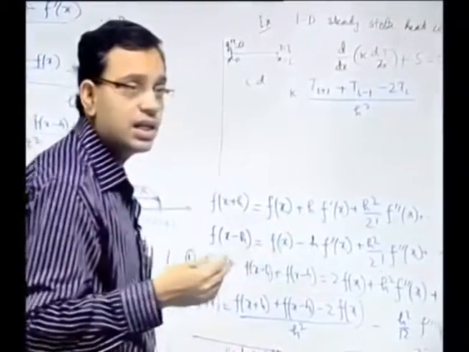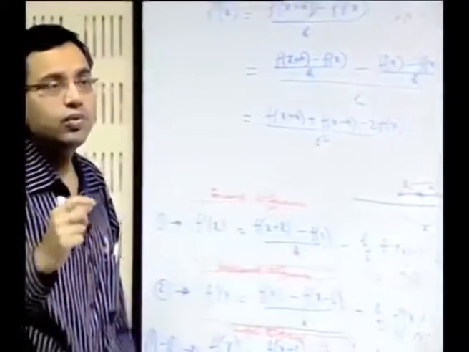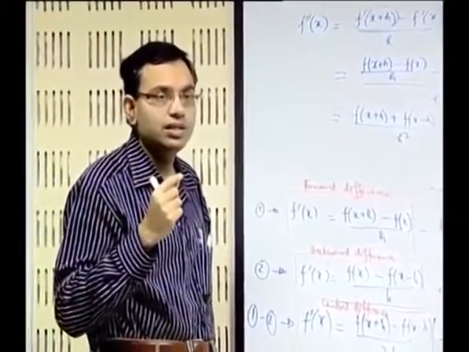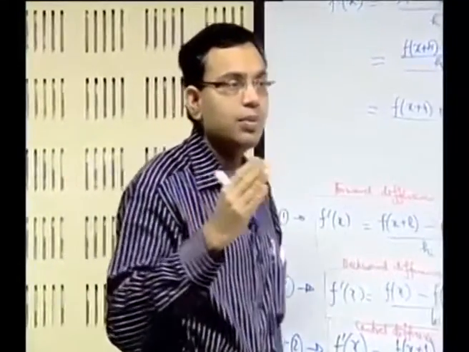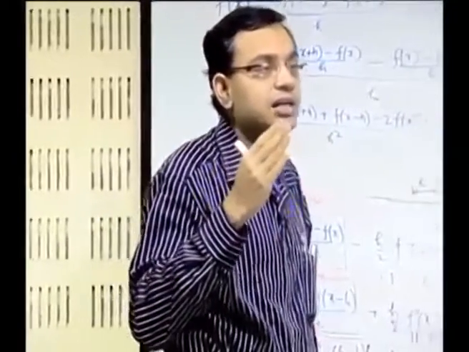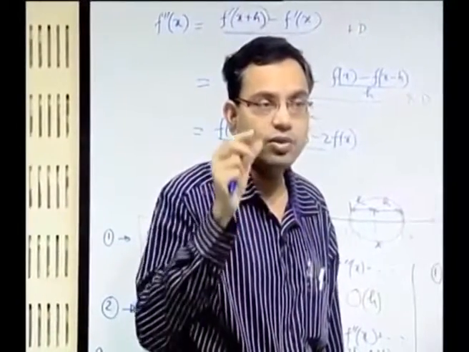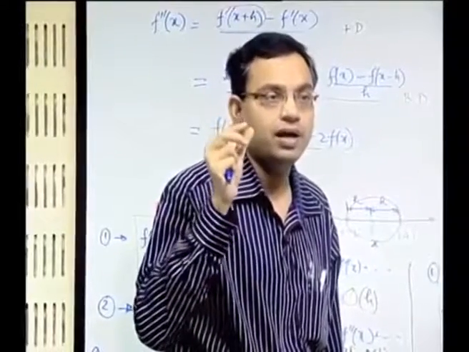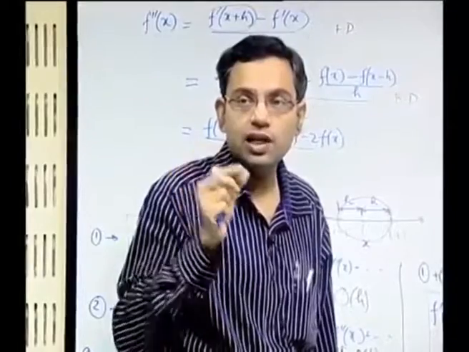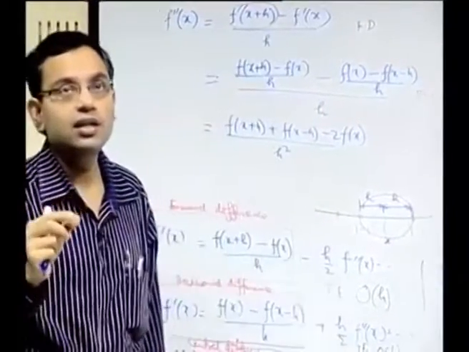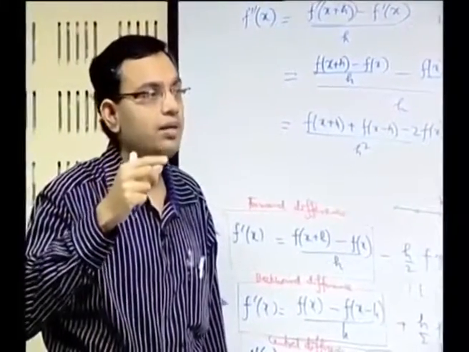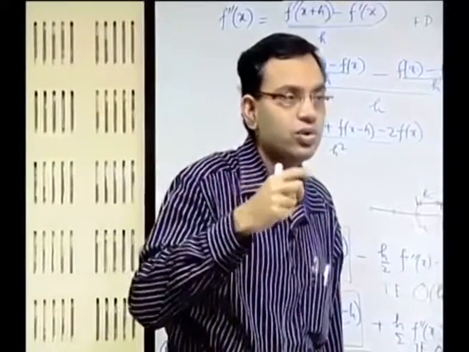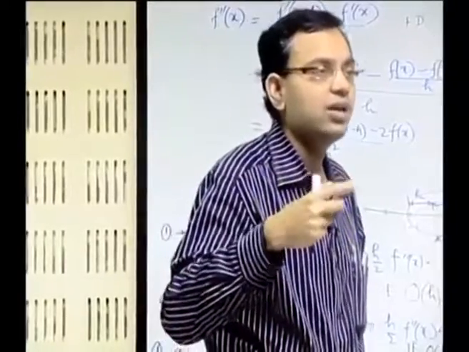Why is it not necessary that we have to use the same h? What will dictate whether we should use a large h or a small h? In a domain there may be locations where the temperature gradient is very large. To capture that you require grid points which are spaced in a very fine manner, so they are very closely or densely spaced. On the other hand, there may be parts of the domain where the temperature gradient is not that steep. So, you can use a coarser grid at those locations.